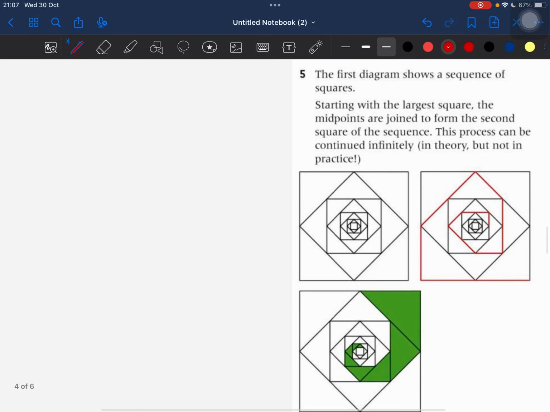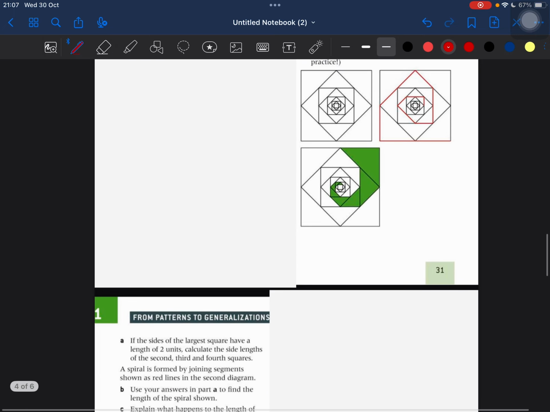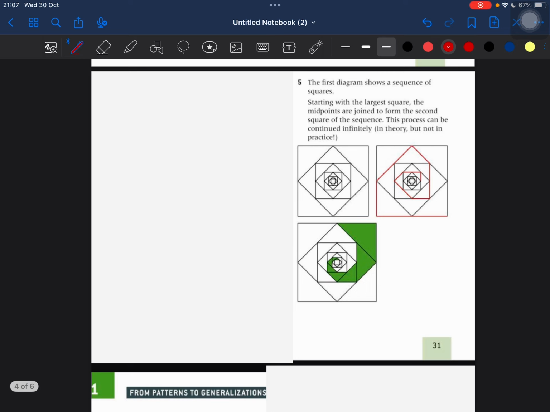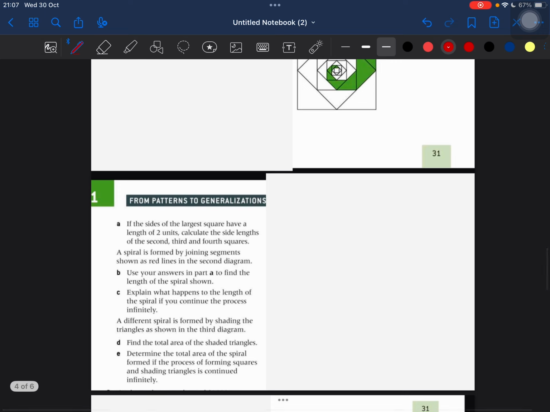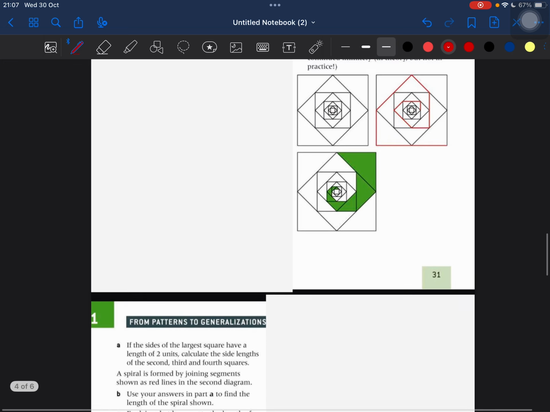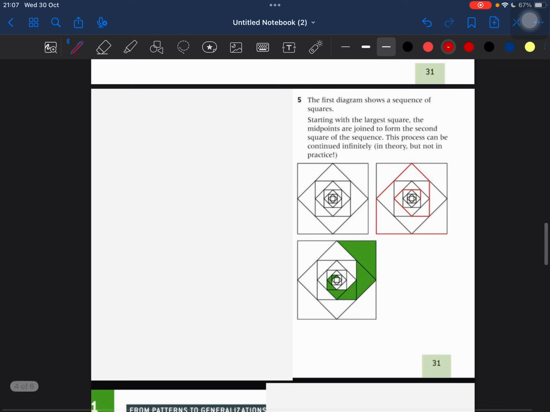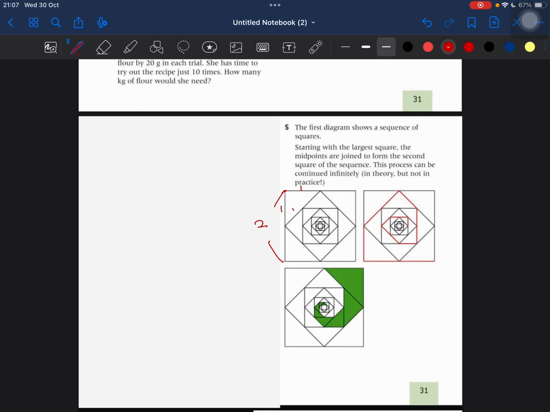Number 5. The first diagram shows a sequence of squares. Okay. So if the side of the largest square has a length of 2 units, second, third. So this is 2. And this is 1 and 1 and square root of 2. So let's say U1 is 2 and U2